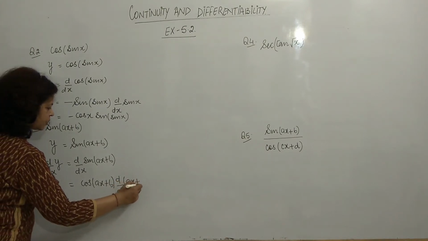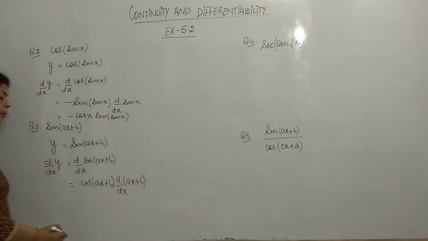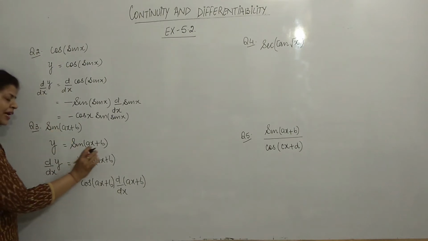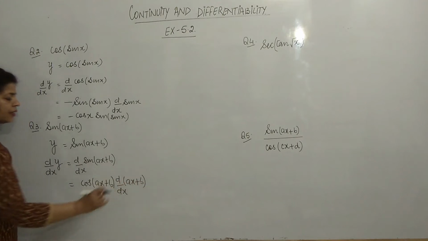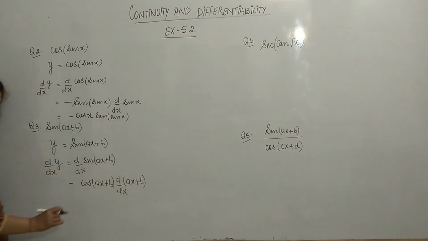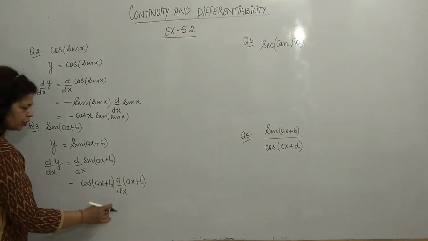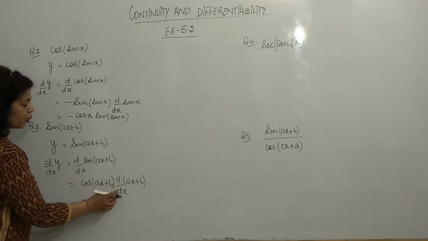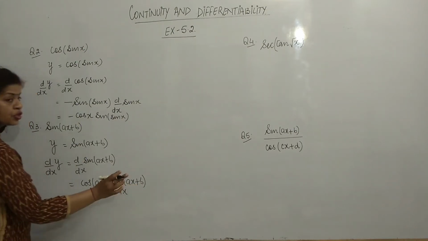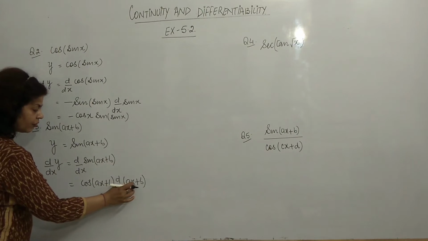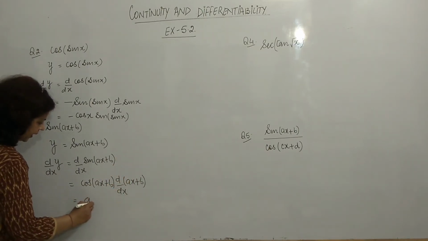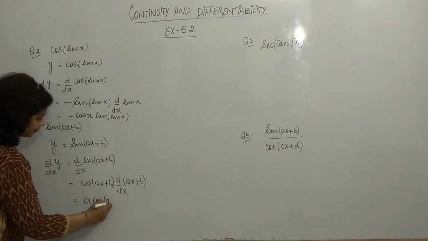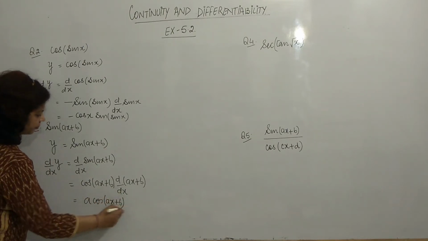The derivative of ax plus b, once again, because we know only the derivative of sin x. If there is a change in x, we will differentiate it once again. That's why it is known as chain rule. Now you know very well that d by dx will enter the bracket because it has distributive property. The derivative of ax is only a and the derivative of b is 0. So a cos(ax plus b). Right?